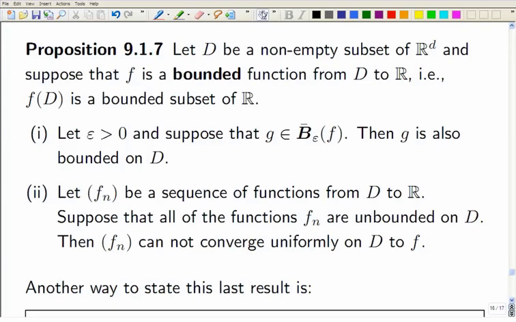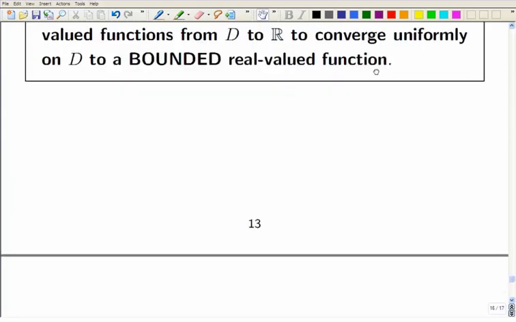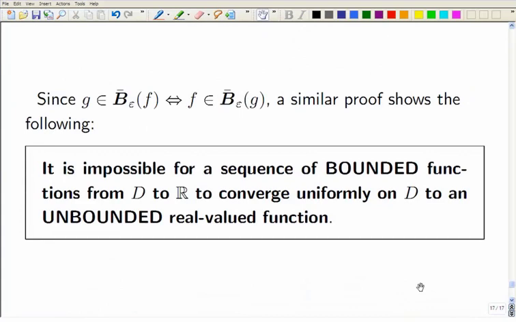And then, as I say, what you get is it's impossible for a sequence of unbounded real-valued functions to converge uniformly on your domain to a bounded one. And it's the same the other way around. It's impossible for a sequence of bounded ones to converge uniformly to an unbounded one. Point-wise convergence is another matter. You can find examples for yourself of sequences of functions that do all sorts of strange things point-wise. So the key to all this then,